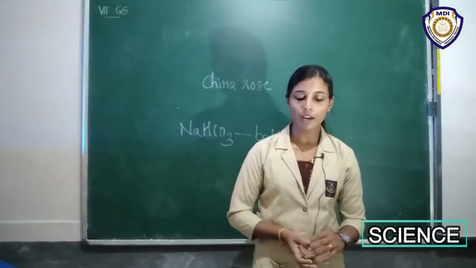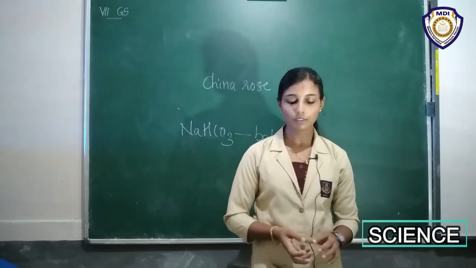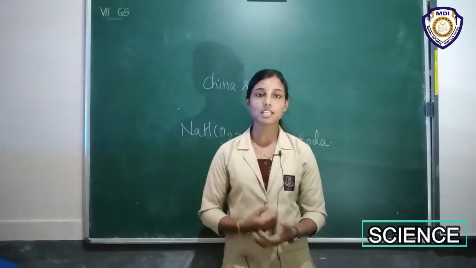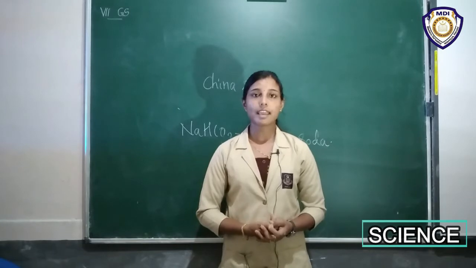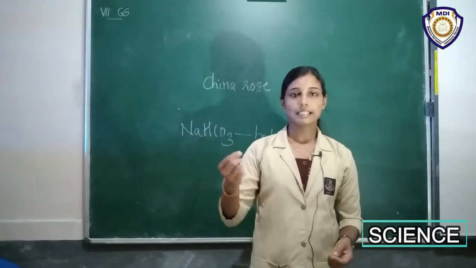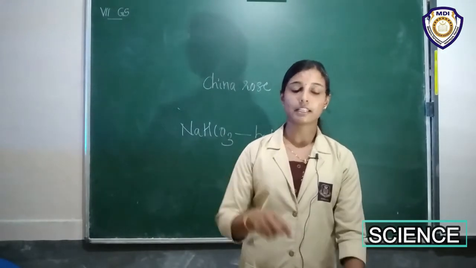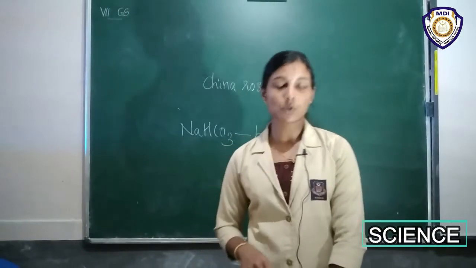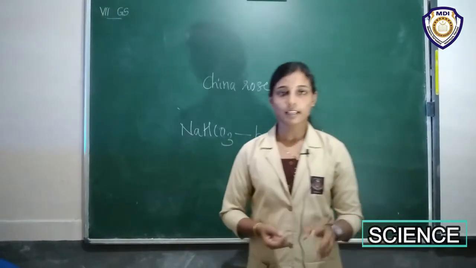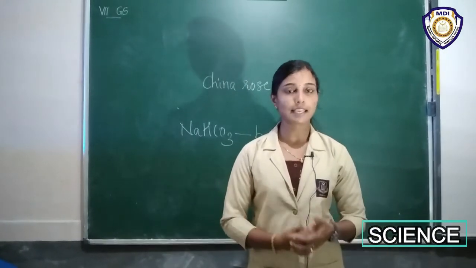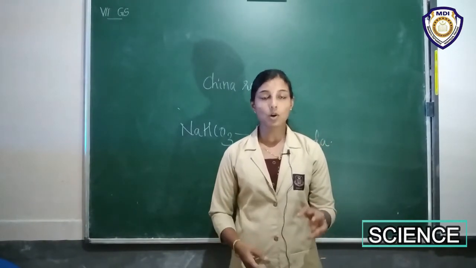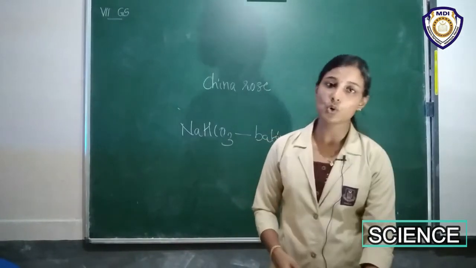And sodium hydroxide is basic in nature. So sodium hydroxide is basic in nature, meaning what will be the effect on litmus paper? If we take sodium hydroxide and take a red litmus paper and dip that litmus paper into this sodium hydroxide solution, what will be the result? The red will change its color into blue, right? That is, sodium hydroxide is basic in nature. And ammonium hydroxide is also basic in nature.